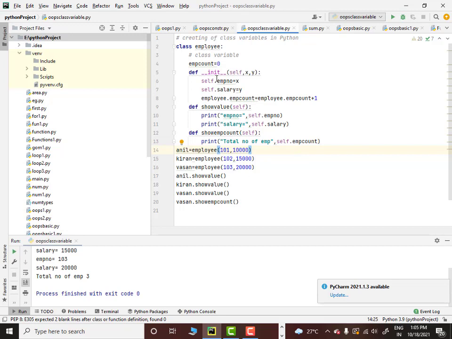Here one thing you have to understand: employee count is a class variable, which means it will be applicable for the entire class rather than a particular instance. So this is a very important concept in object oriented programming, the difference between a class variable and an instance variable.